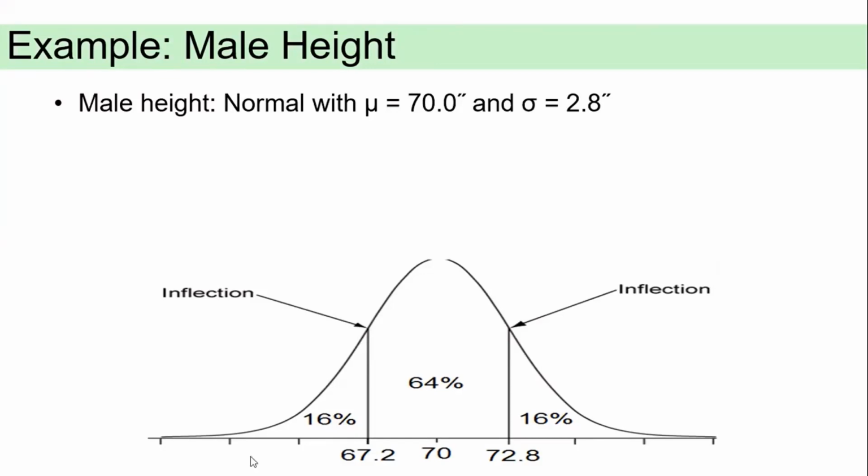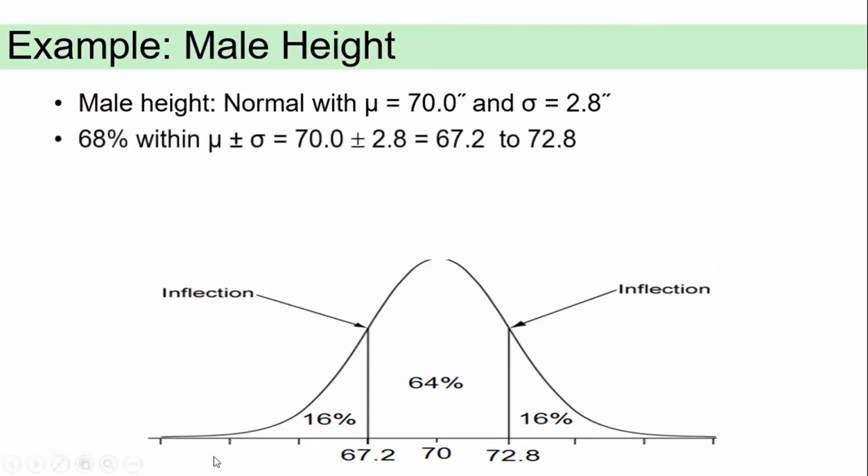So if we talk about within one standard deviation away, of course from 70 you subtract the standard deviation. 70 minus 2.8 gives you 67.2. From here, 70 plus 2.8 gives you 72.8. And according to the rule we discussed earlier, the empirical rule,